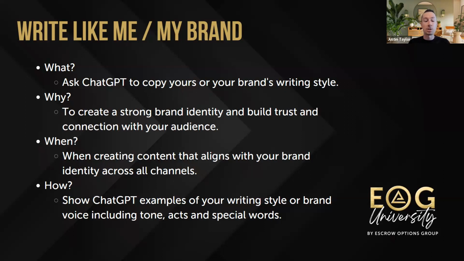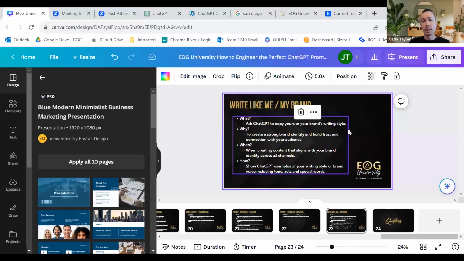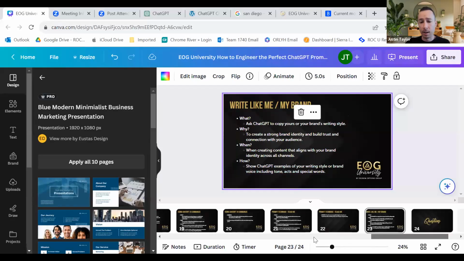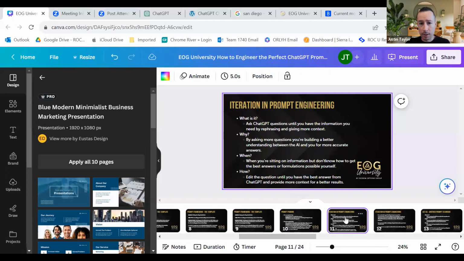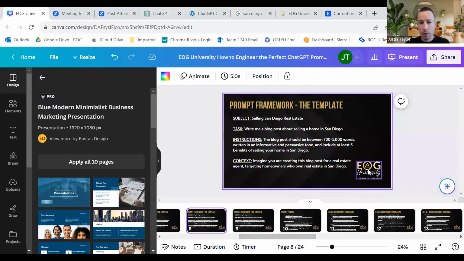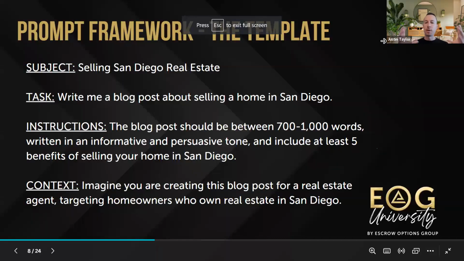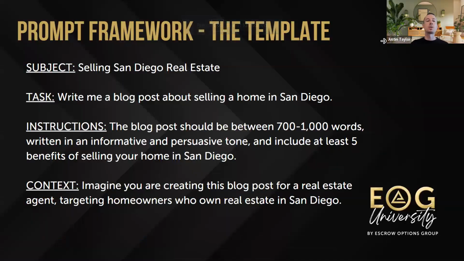So any questions, guys? Hopefully this was helpful, and we can go back here if you did not take a photo of that framework. This is an example of what that actual framework or template could look like, right? Just make sure your subject's in there, your task, your clear instructions on what you're asking it to do, and then what's the context? What is the context behind what you're actually putting in there? And that's what you can paste in there for your prompt. Okay, that is your framework for the engineering portion of it.